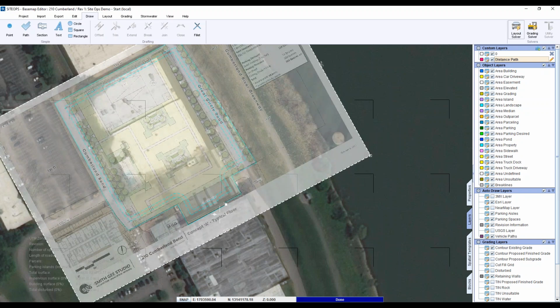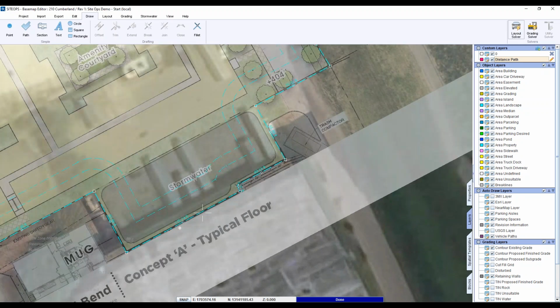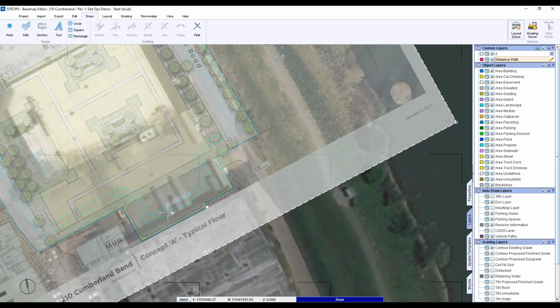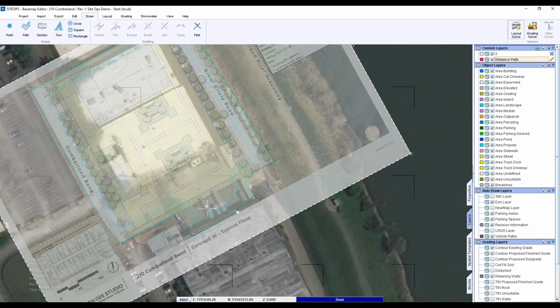Yeah. So one thing I showed real quick there, again, I haven't used CAD in a long time, but one thing that I could probably remember is you can always add points to make your line bend out to where you need it to go. So I forgot to pull the stormwater into my property boundary on that one, but it's not hard to go back and add it in there.